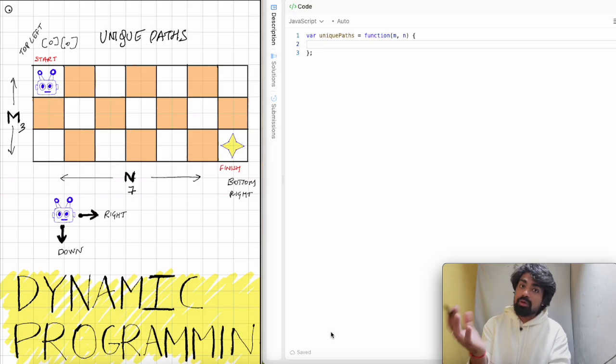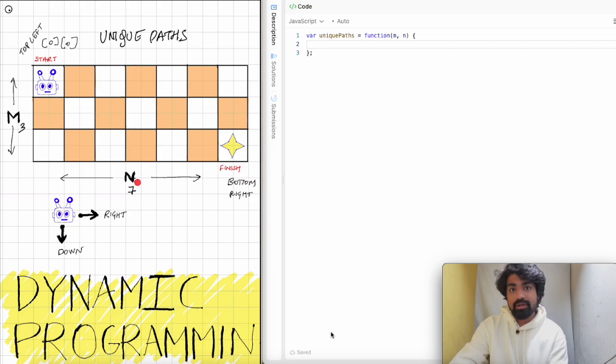statement. The problem statement says that you have a robot in an m by n matrix. Let's say m is 3 here, so you have 1, 2, 3 rows, and you have n here, which is 7. So 1, 2, 3 up to 7 columns. The robot will start at the top left corner, and the aim here is to reach this tile, which is at the bottom right. And there will be a couple of ways to reach this position with some constraints